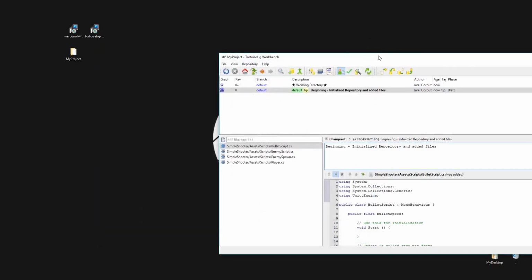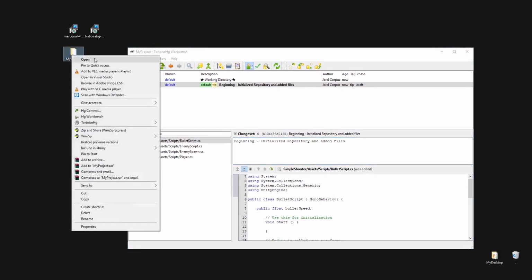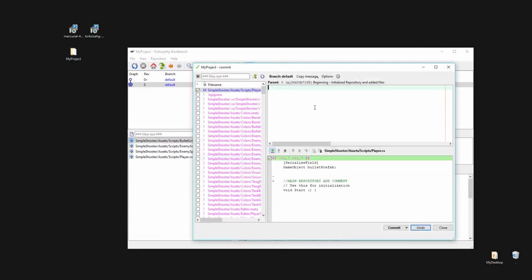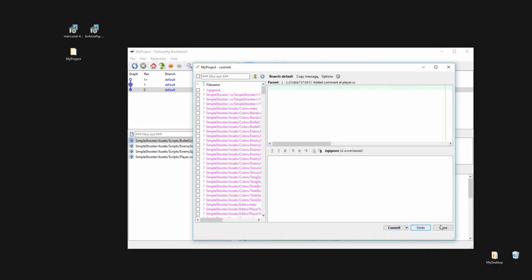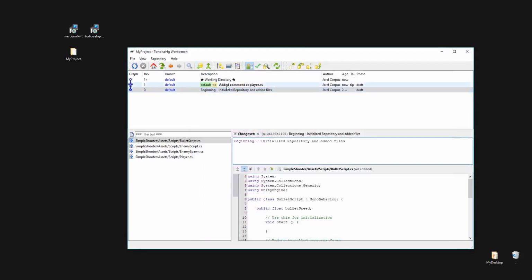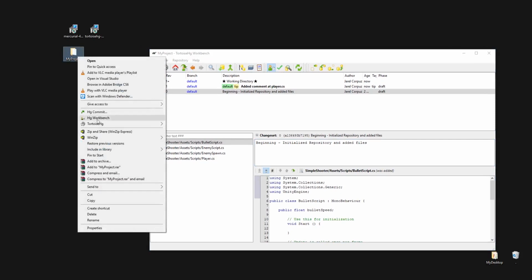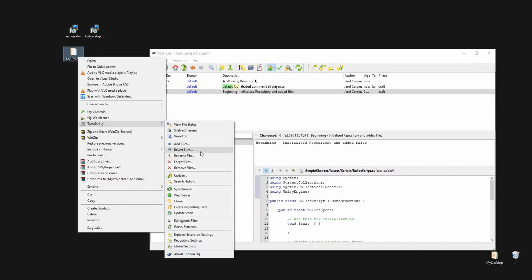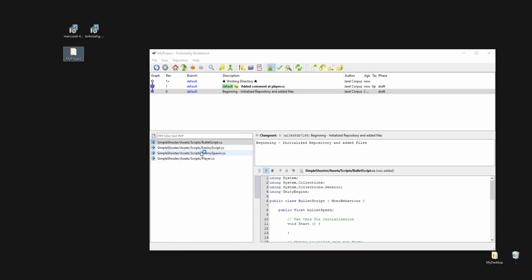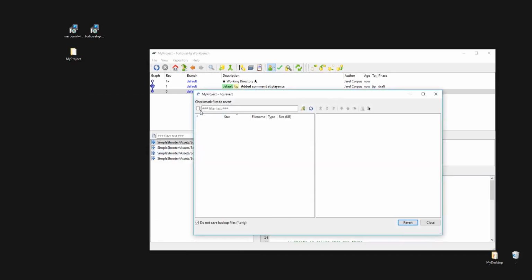So let's exit that and we will be committing again. So let's say we added comment at player.cs commit. So if you want to revert that, oh no, I think I should have reverted first. Should I revert it first? I reverted. Oh, I should have reverted it first. So anyways,